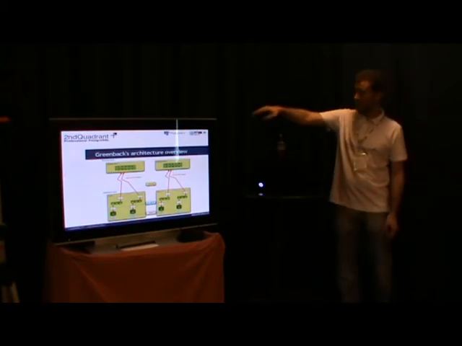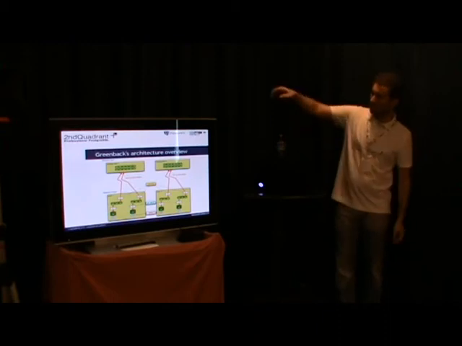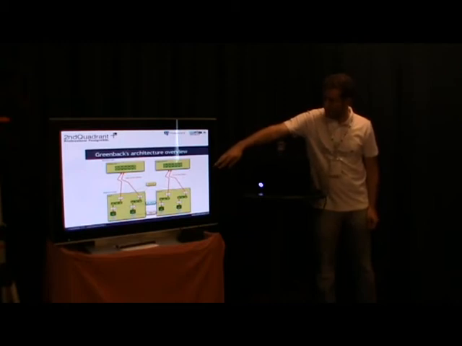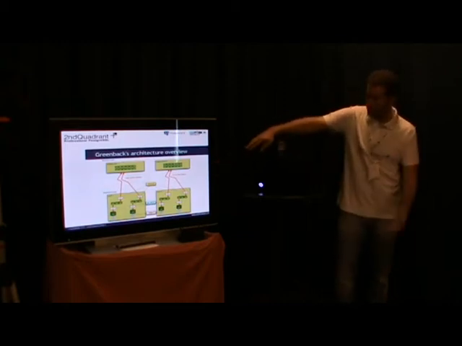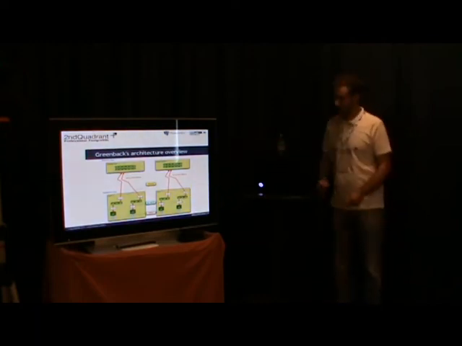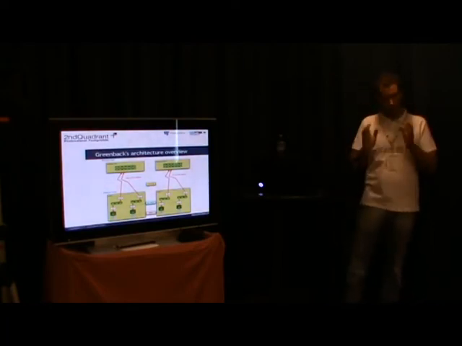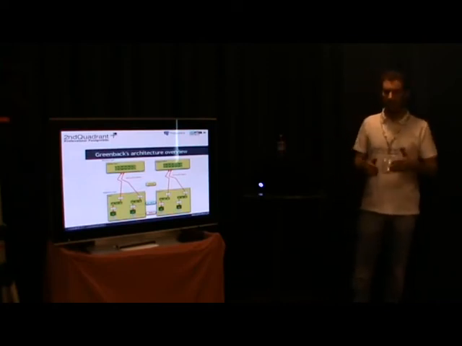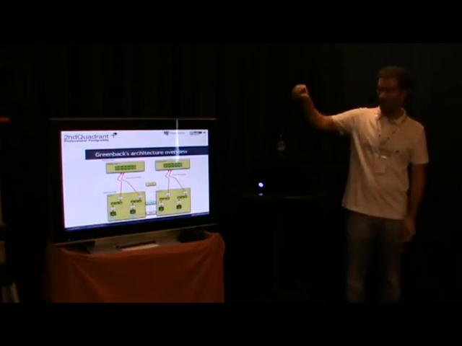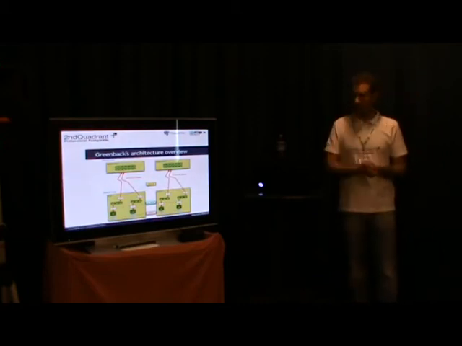In this picture, you can get an idea of Greenback main operations. First of all, Greenplum takes care of parallel dump of the single tables through its command line utility named gpdump. When gpdump dumps a single table, the result is one file per segment in the host where the segment resides.